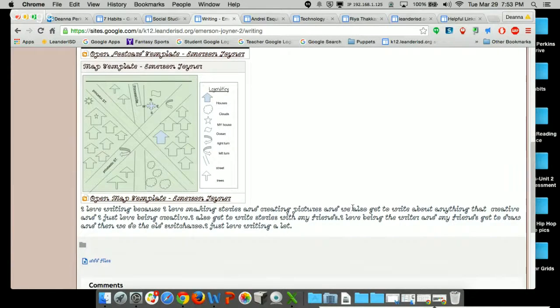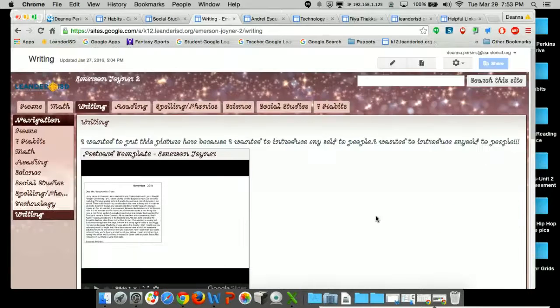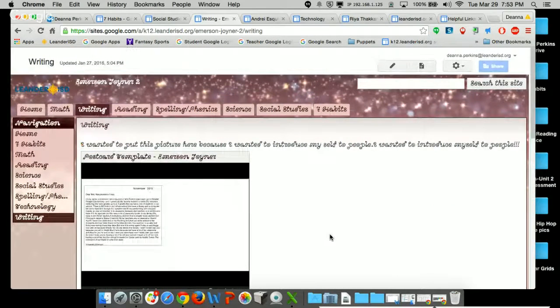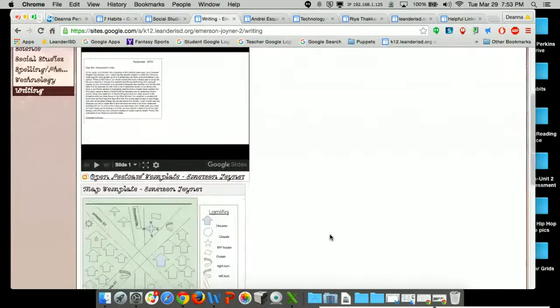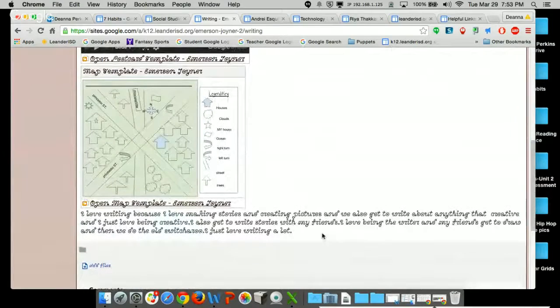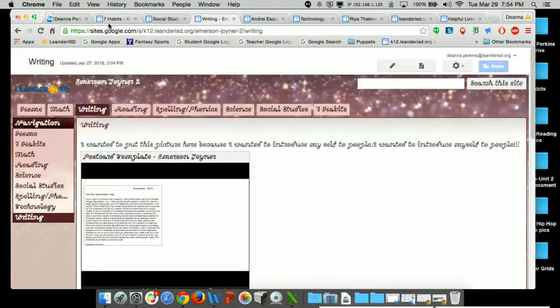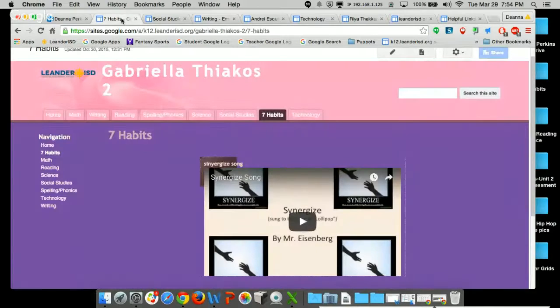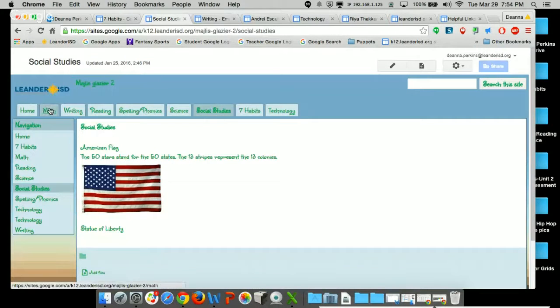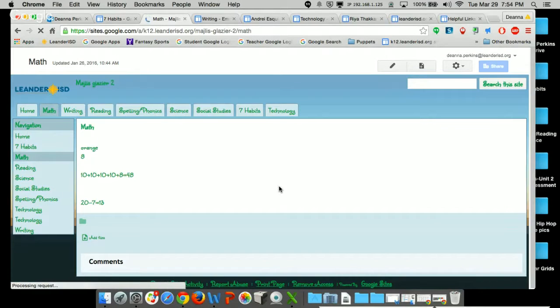And so she wrote about how she likes being a writer. But I like the sites because it does give them the ability to create it how they want. We'll just talk about kind of the ease of writing, and it's still a learning process as well for everyone, because even